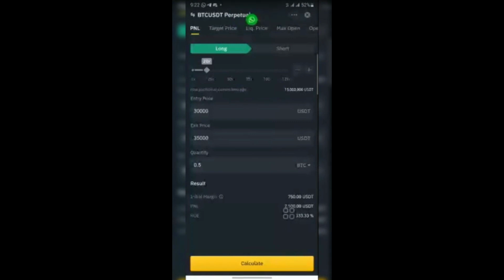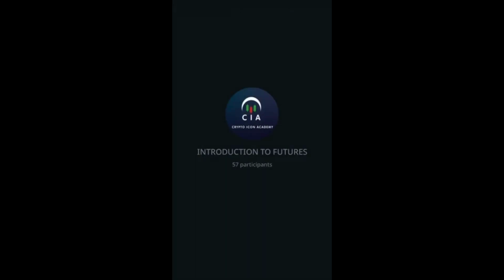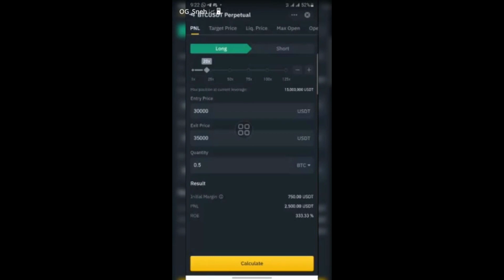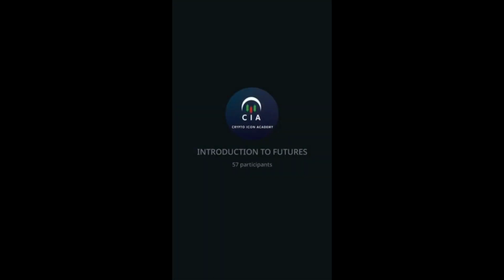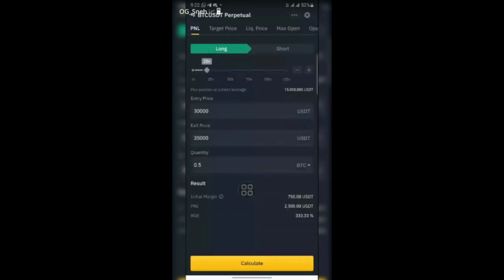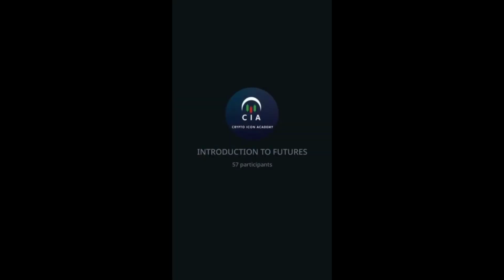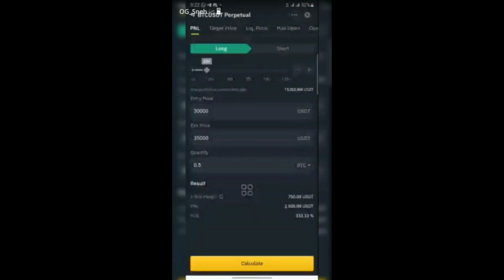Do you understand? So that's how to use this Binance calculator. We just use it to know how much we are going to gain or lose before we enter a market. But most people that use the Binance calculator are people that depend on signals. I'm not teaching you to depend solely on signals. So therefore, this might not be really important, and you might not actually be using this.